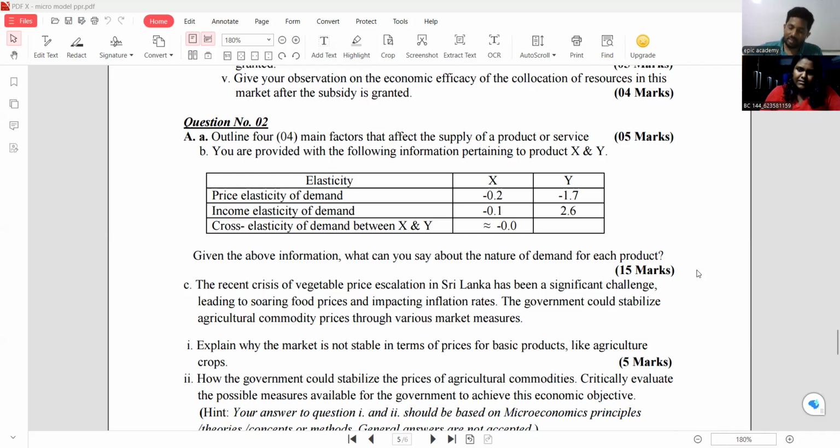Minus 10. But we are not going to put the minus value. That is how we are going to calculate. Put the minus sign into the coefficient. That is enough. But in economics, we are not going to use that minus value for the coefficient, because everyone knows the relationship between price and quantity demanded is negative. Why are we going to put that minus value? That is why we are not going to put the minus value. If you are going to put the minus value for the quantity,